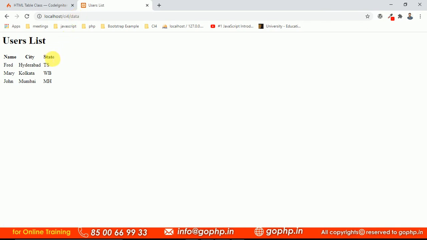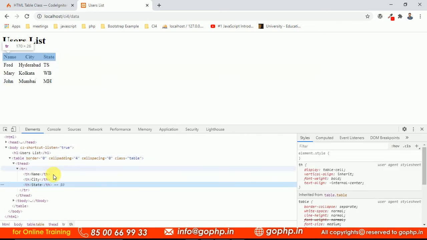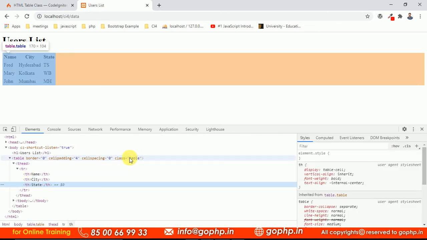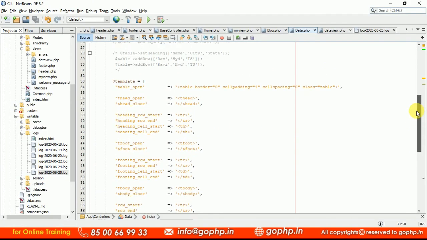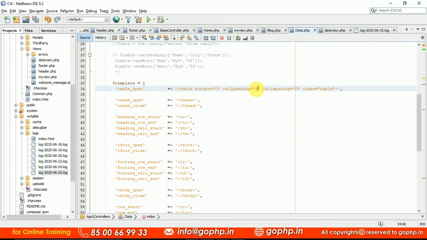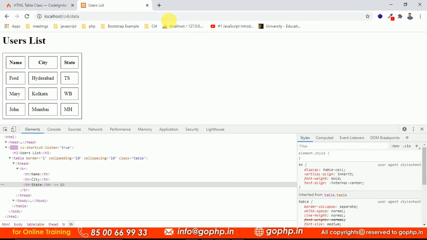And if you inspect and check it, we can see the classes which we added in the template: tr, table, thead, and all are there, guys. And moreover, this is the class I added, cell spacing, cell padding. So if you want to add these also, if you take this as 10 and 10, then automatically these settings are going to be available to your table. This is a snippet I copied from our CodeIgniter manual, to see how we can add the templates also like this, guys. We can add templates also to our design.